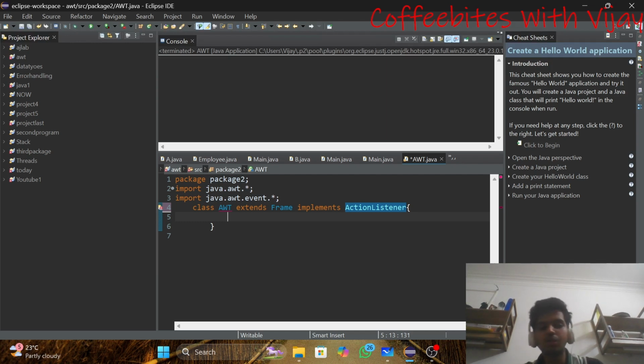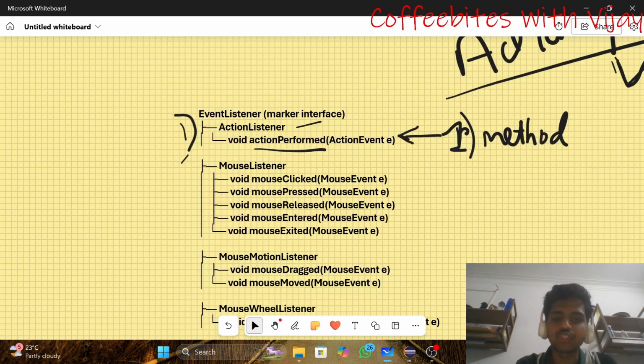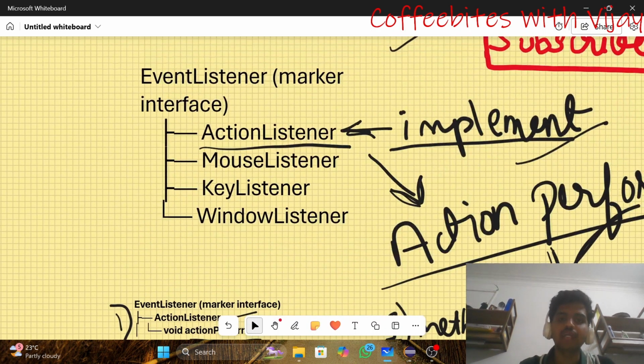And in the previous video, I had explained everything about the container and about the components like button, label, checkbox, etc. Guys, whenever we use this ActionListener, if I use button or label, I can use this ActionListener interface.